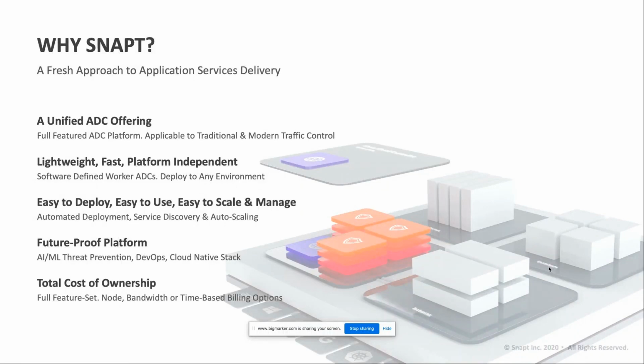And lastly, from a cost perspective and total cost of ownership, we offer a fully featured ADC that is very flexible in terms of the different billing options that we provide, whether it's node-based, bandwidth, or even time-based billing, which you see more in the cloud delivery of applications, where you're effectively being charged for what you're actually using. So that level of flexibility is key, and really helps address both the existing needs as, of course, future needs